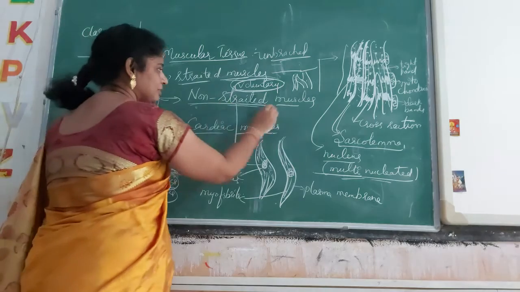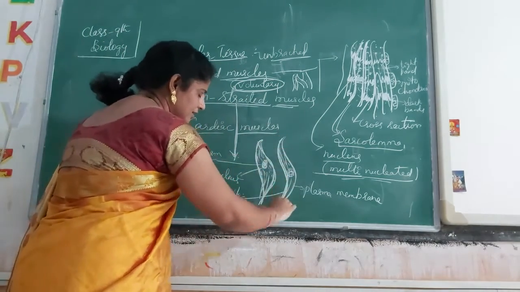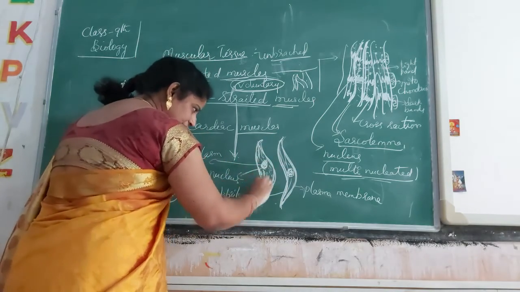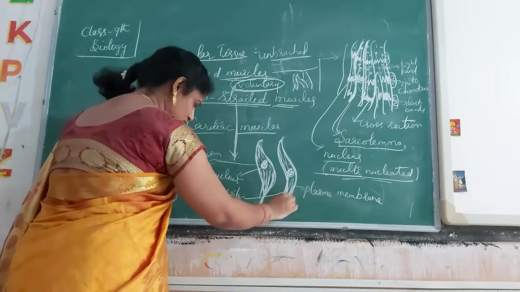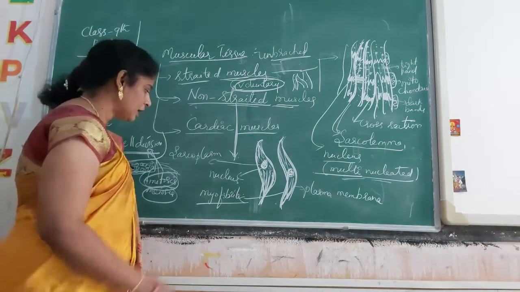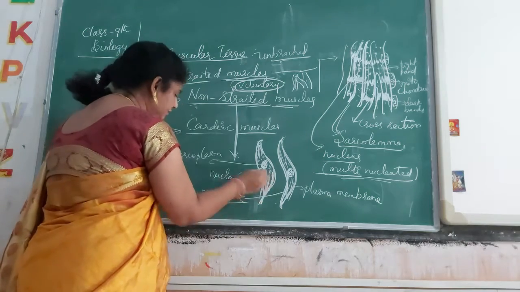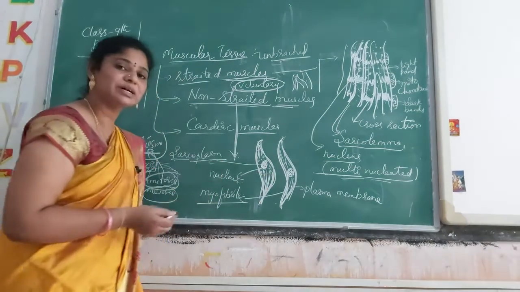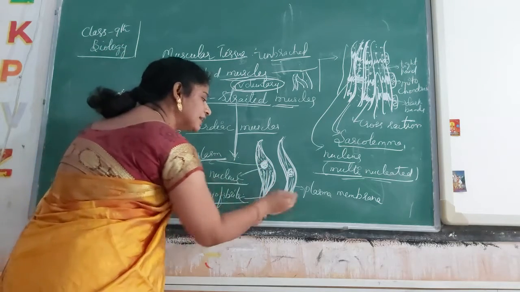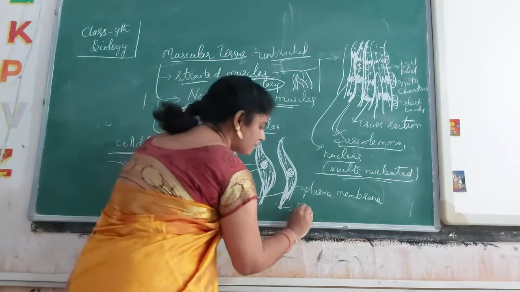There are non-striated muscles mainly here. This is a single cell, which contains a nucleus. In this, long stripe-like structures are present, those we call myofibrils, and inside, whatever cytoplasm we generally call, here we call it sarcoplasm. For a normal cell we call it cytoplasm, here we call it sarcoplasm. It has a nucleus and a plasma membrane. It is just like a sickle shape with pointed ends,